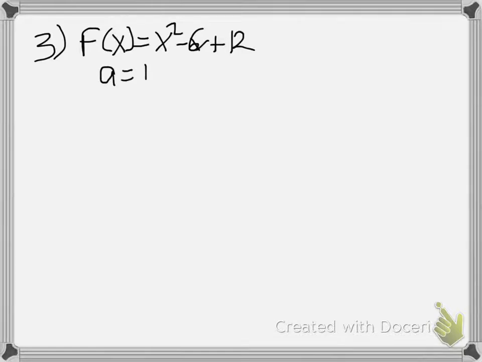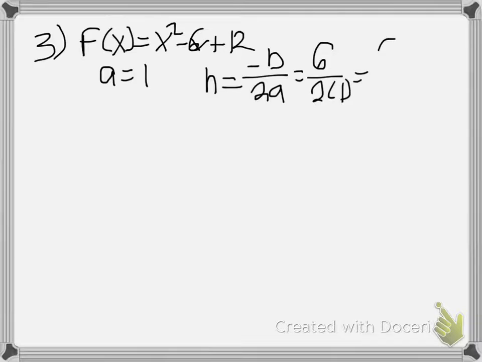Number 3 states a little bit different. We have f of x is equal to x squared minus 6x plus 12. So this is the other form. This is the way you're used to seeing quadratics. So we need to make this into standard form so we can answer all the questions. Well, first off, a is equal to 1. That's still the number in front of the x squared. The h value, remember, is the opposite of b over 2a. So that's the opposite of negative 6, which is positive 6, over 2 times 1, which equals 6 over 2,